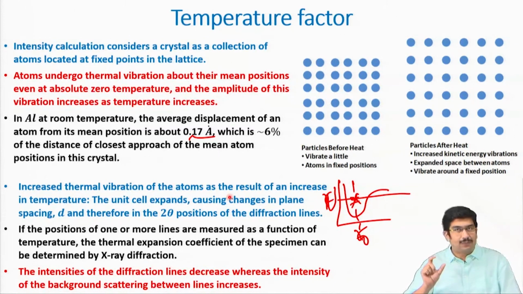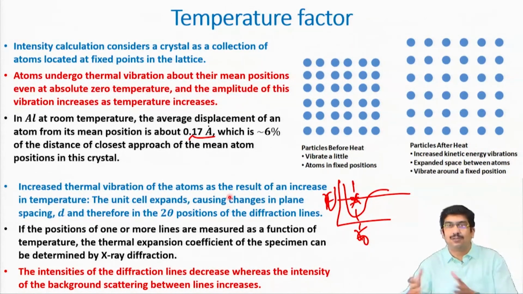So, this is the first effect that this thermal vibration can cause. Now, if we can measure this peak width, this position of the diffraction lines, and how much shift it is showing in terms of 2 theta, in sin 2 theta, how much this shift is happening due to the increase in temperature, that means due to the change in d value from thermal vibration, and how much 2 theta, how much change in sin 2 theta is happening,